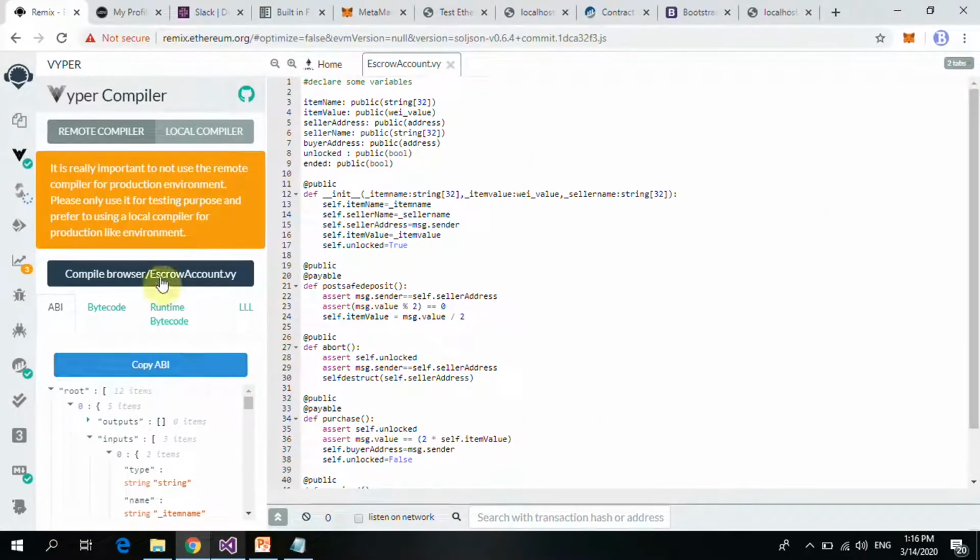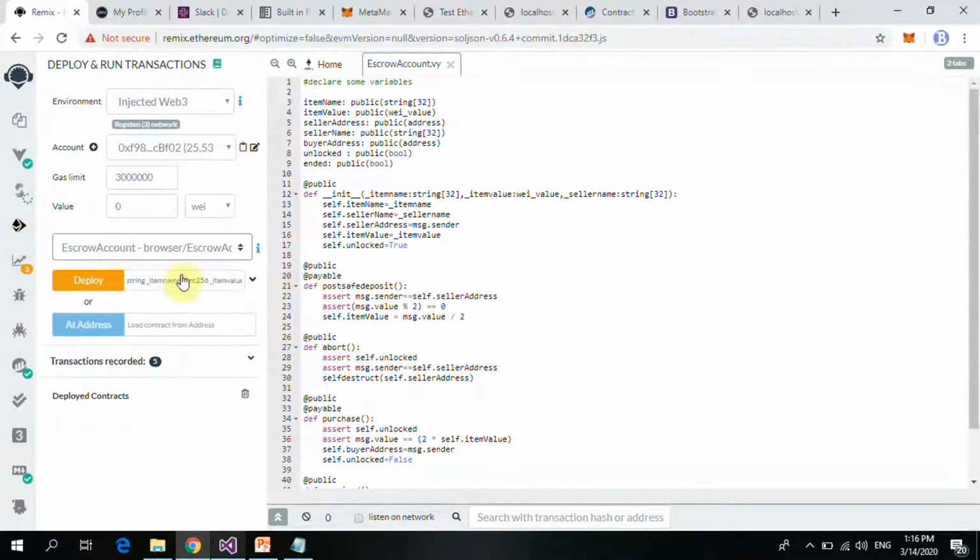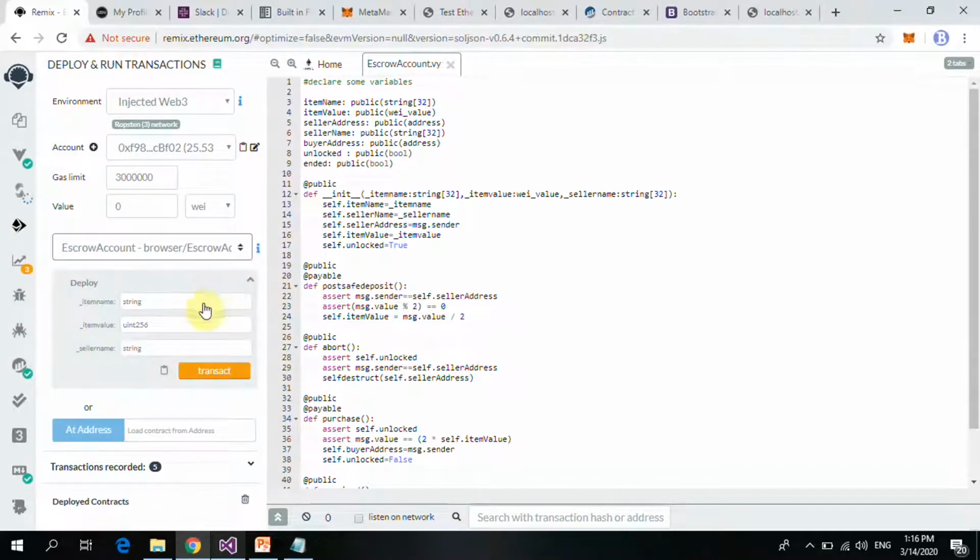But first of all, let's compile this application and then deploy this smart contract. So we click on the compile browser, like I told you. Make sure you're compiling remotely, and then we go here and deploy this application. So we're going to give the item name. Now I can call this here the parameters. I can say Mercedes-Benz GL 550 2020 model. And the item value should be one